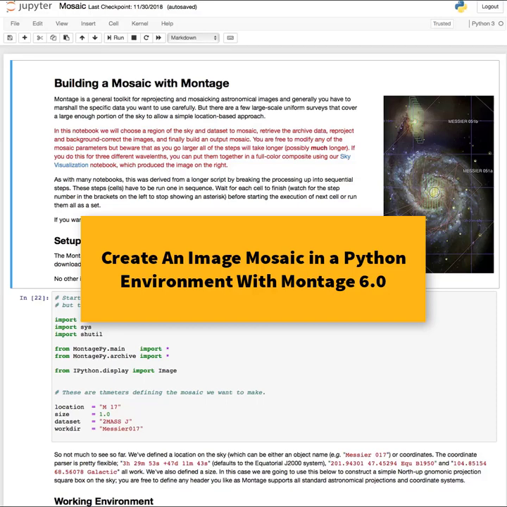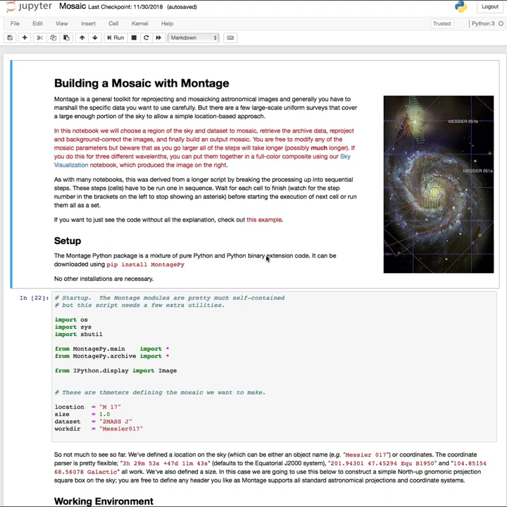Version 6 of Montage includes Python binary extensions of 38 Montage modules, which allows you to run Montage at compiled speeds in a Python environment. I'm Bruce Berriman, and I'm going to show you how you can use Montage operating in a Python environment to create an image mosaic. I'm using Python 3.6 for this demonstration, but any version above Python 2.7 will in fact